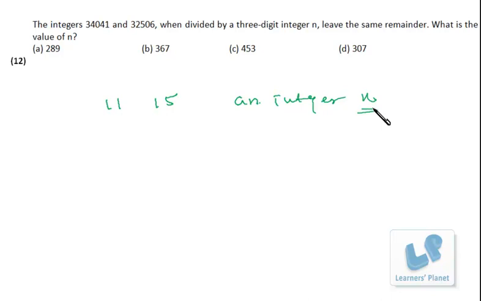Now what I do is I just find the difference between these two, that is 15 minus 11, it's 4. Now 4 and any factor of 4, if we divide 11 and 15 by 4 or its factor, we will be getting the same remainder. Just try. If 11 is divided by 4, we'll be getting the remainder as 3. If 15 is divided by 4, we'll be getting the remainder as 3. If we use the factor of 4, that is 2, 11 divided by 2 gives the remainder 1, and 15 divided by 2 also gives the remainder 1.